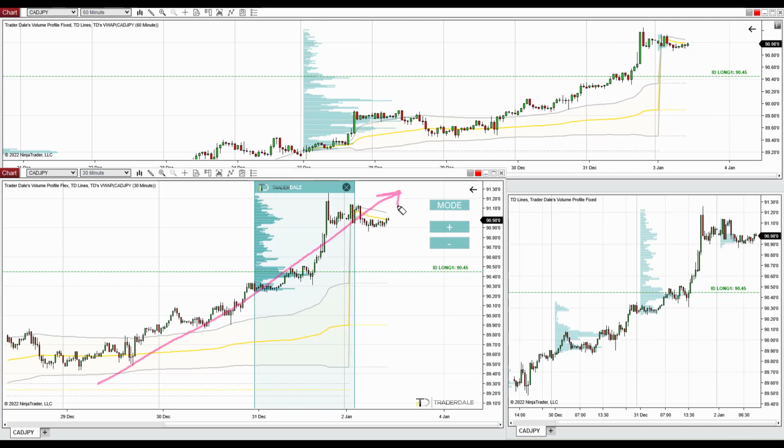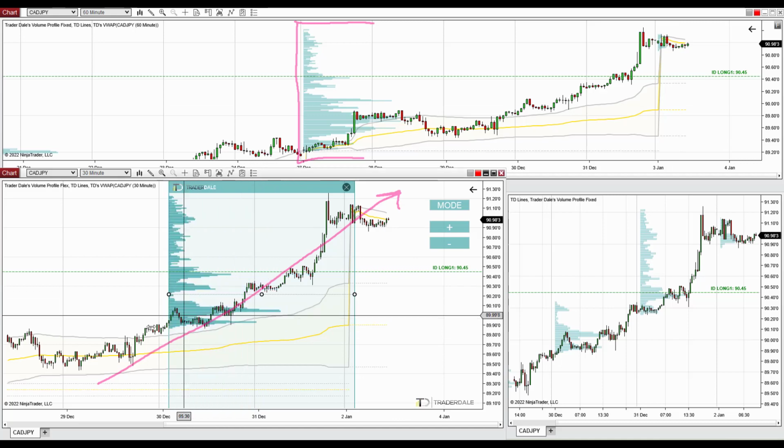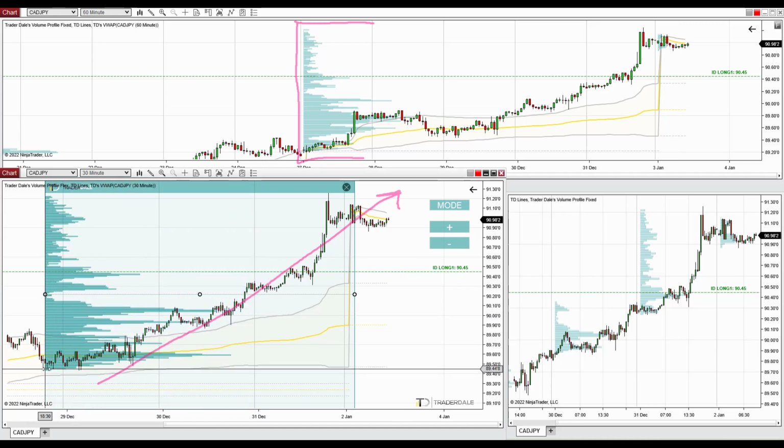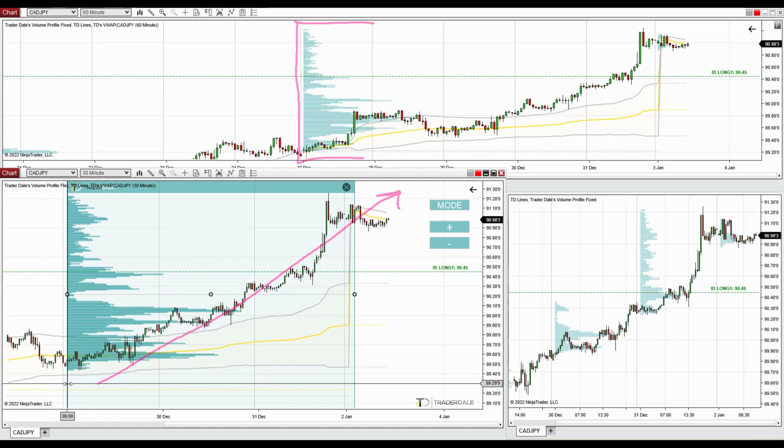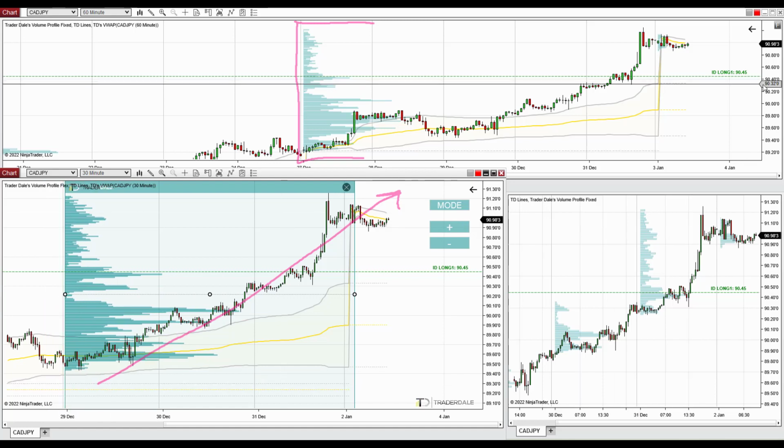And when there is an uptrend like this, I'm looking for significant volume zones, significant volume clusters. You can see those volume clusters on the weekly volume profile as well as on the flexible profile. No matter how you move the profile, you will always see those significant zones. The closest one is this one. As you can see, I have the support in here at